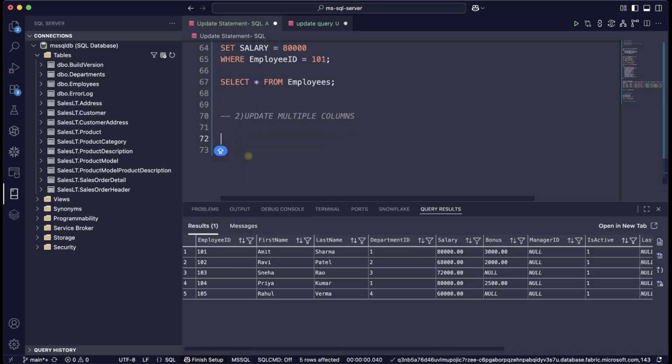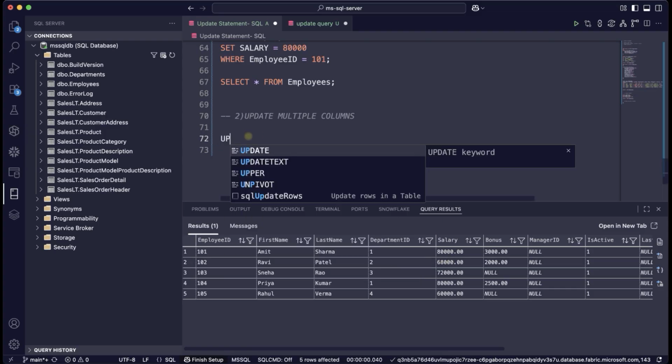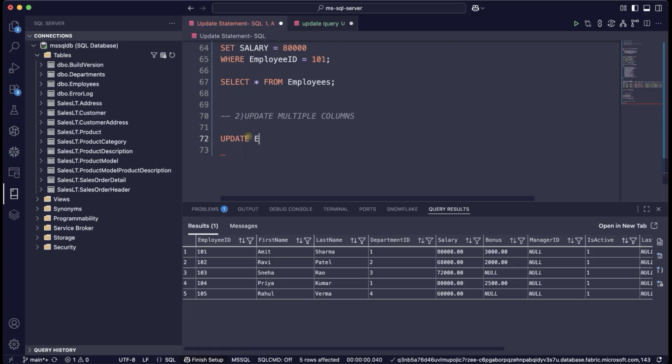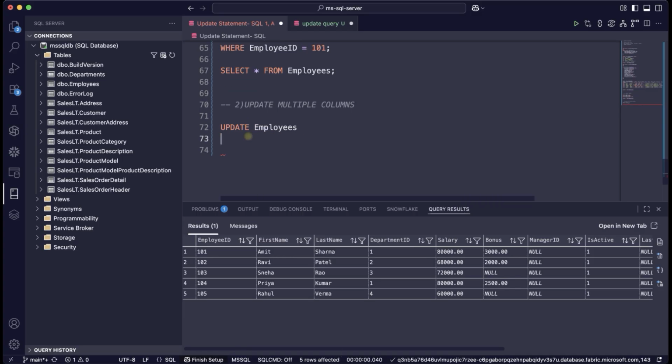Okay, you can update more than one column at a time. So let's suppose you want to update both salary and bonus for Ravi Patel. Okay, so how can we update? Simply use the UPDATE keyword, then employee, our target table, and let me use SET salary equal to,